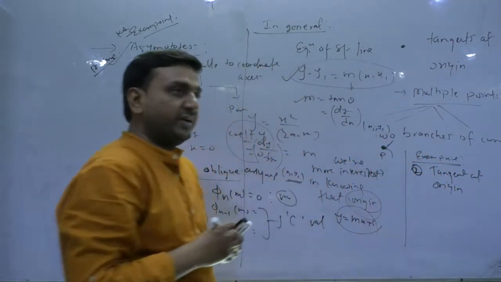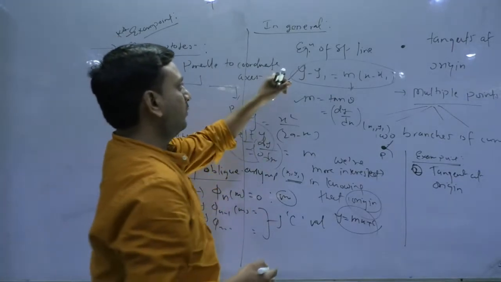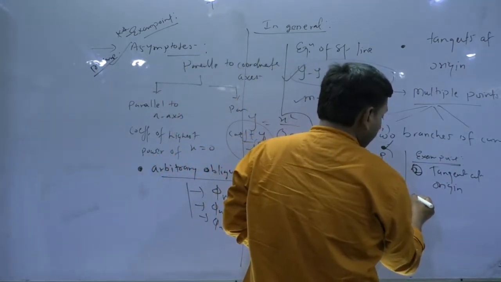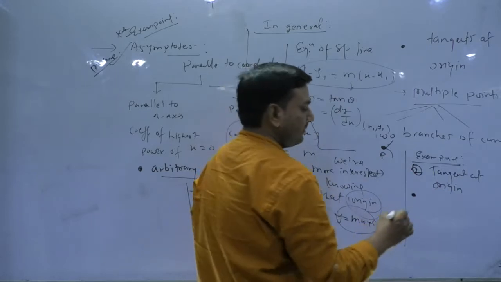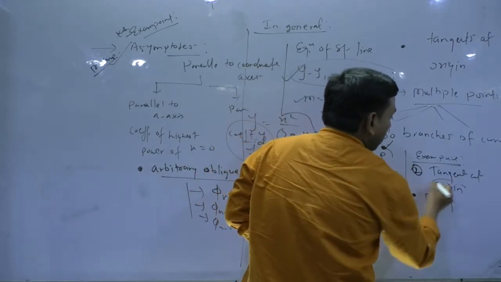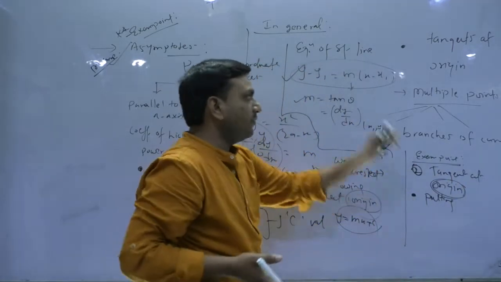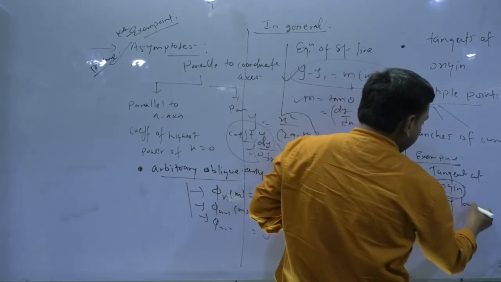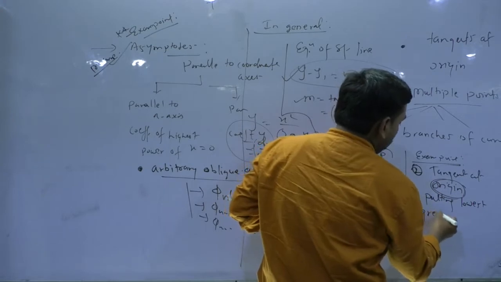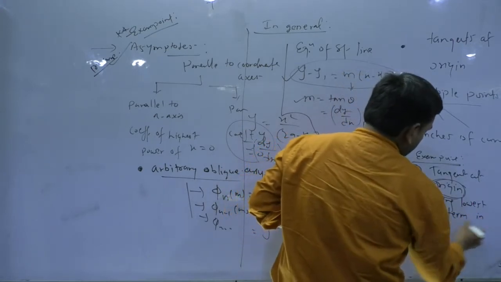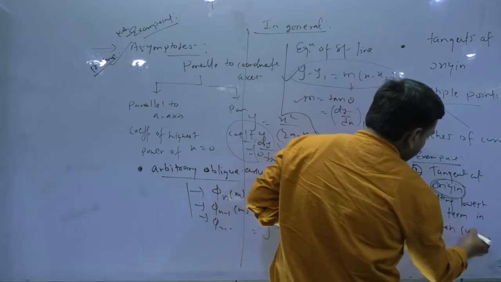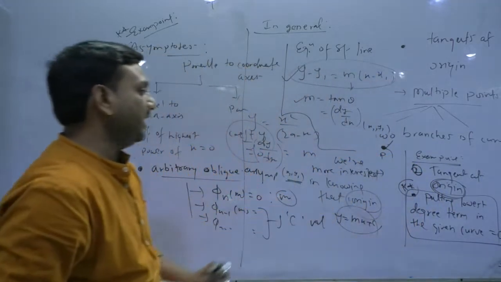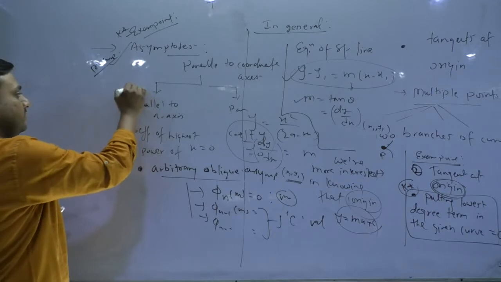When I talk about tangent at origin, so what will we do? One general procedure I have dictated for you guys, but in the exam hall we need to carry this term. Please remember, I am telling this for origin only. Actually this is coming from this only, but if we remember this thing our life becomes easy in the exam hall. So put the lowest degree term in the given curve as 0. This is something directly used.